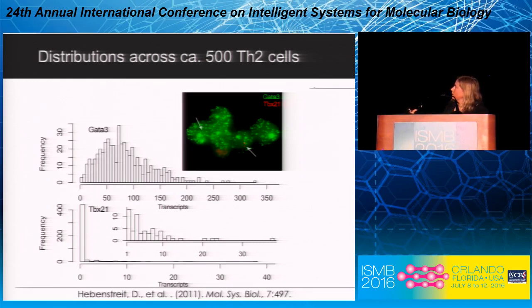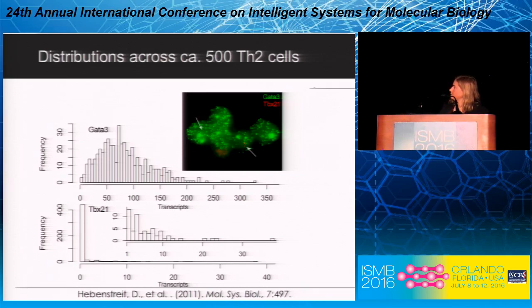And we delved into the world of single-cell gene expression using single-molecule RNA FISH for a couple of factors, GATA3 and TBX21. These are two key transcription factors that specify the cell fate determination between two different lineages of T cells. Whereas with bulk RNA sequencing you of course see a single expression level from your cell sample, this collaboration with Alexander van Oudenaarde, where we used single molecule FISH, really opened my eyes to the fact